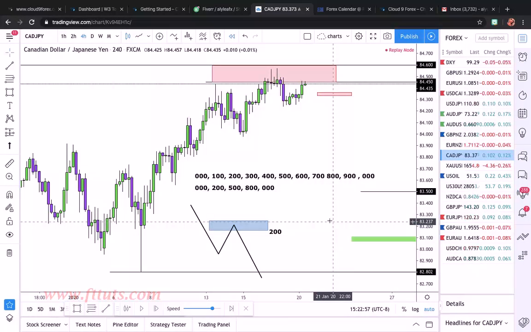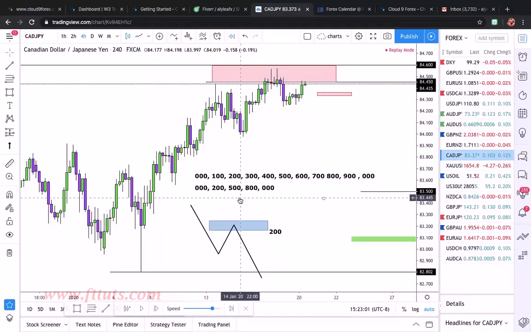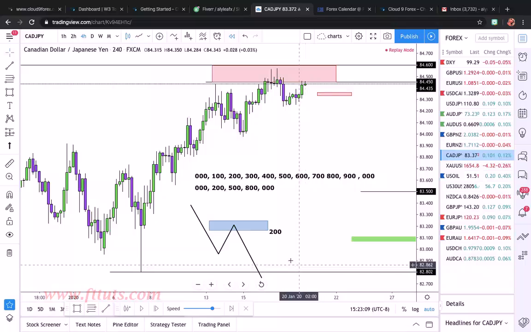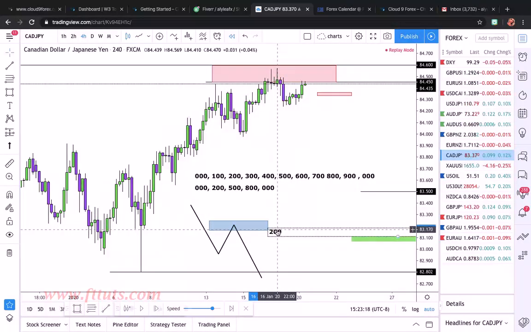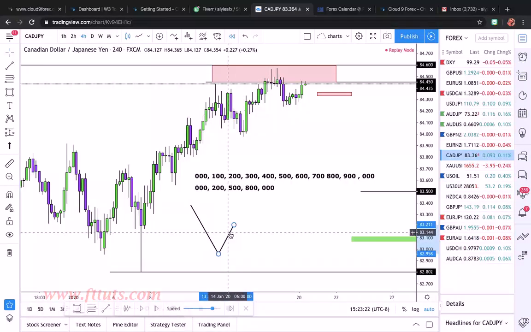We always want to have a certain zone because sometimes price does slip past a certain number. Let's say you have a pending order at 83,200, it might wick right past and then begin to drop. So you want to make sure you draw out your zone and then look for rejections to execute at. So in this example for CADJPY,